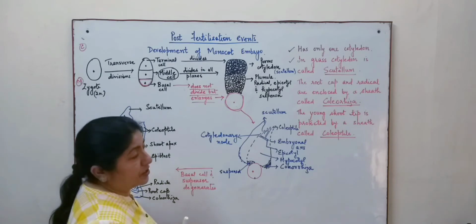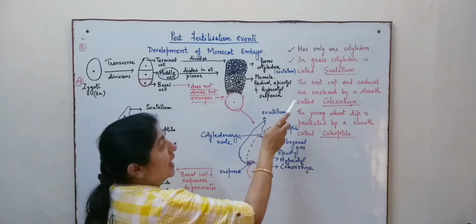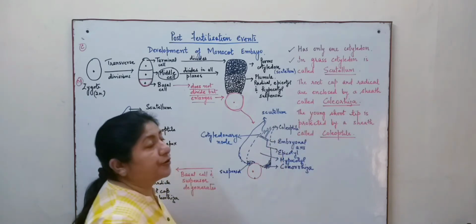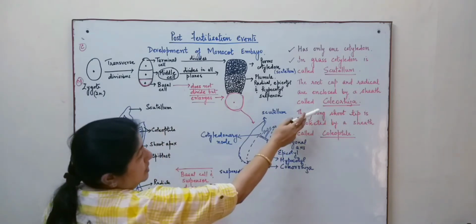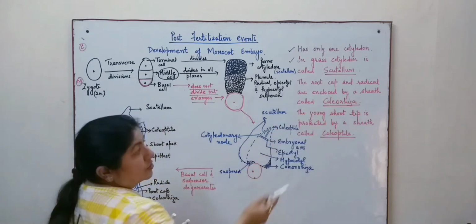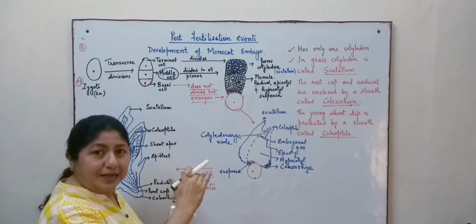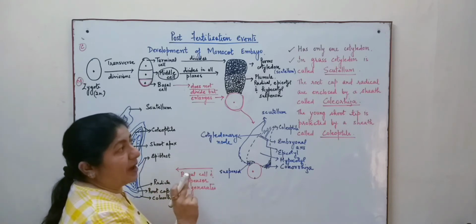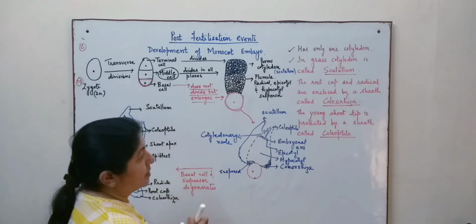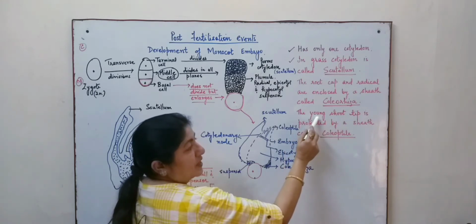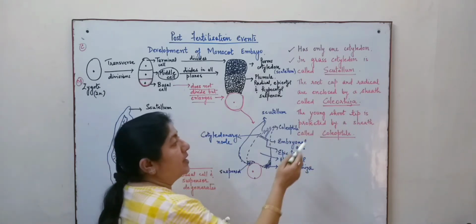We have used another term over here. The root cap and radicle are enclosed by a protective sheath which is known as coleorhiza. So the coleorhiza is a protective sheath that will be enclosing the root cap and the radicle. That is the part. Another important difference is the shoot tip, which is very young, which is still developing, is